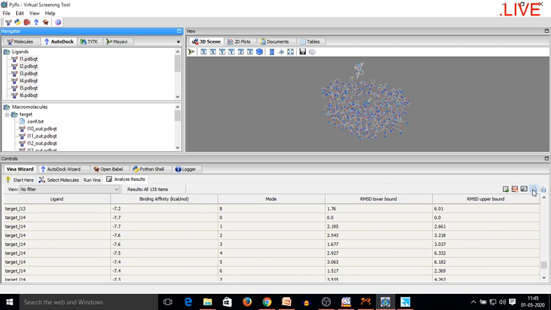So for exporting this result, I will need this particular tool, that is save as comma separated values, which is the 4th tab in the set section.